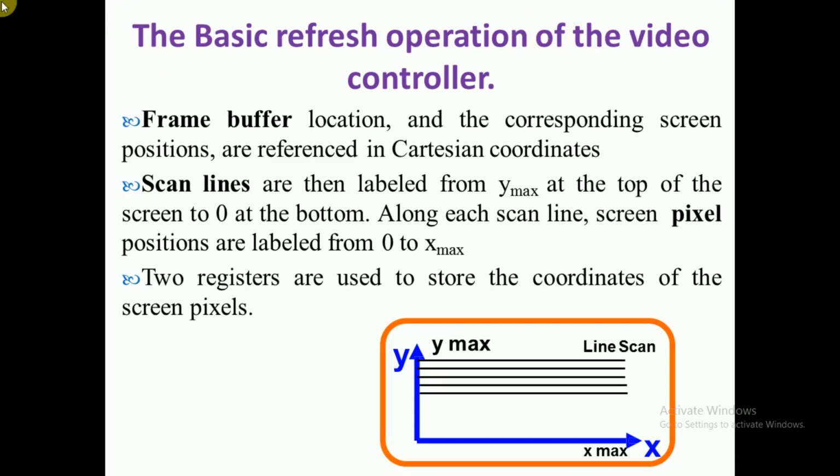In 1 second, 60 times you have to draw this entire screen. First time we will draw one time, then next time we will draw the same, then next time like this. How many times do you have to do it? One second, 60 times. If you do, then only you will see that the content on this monitor